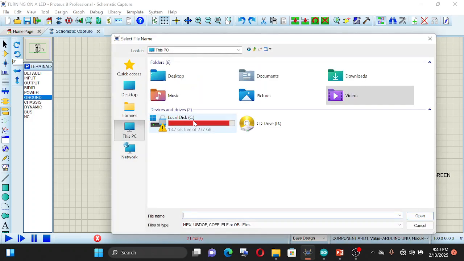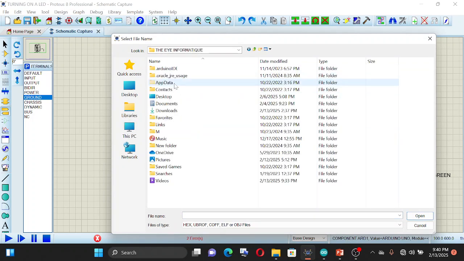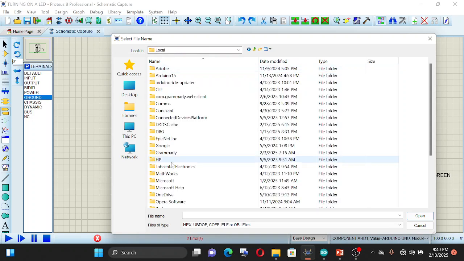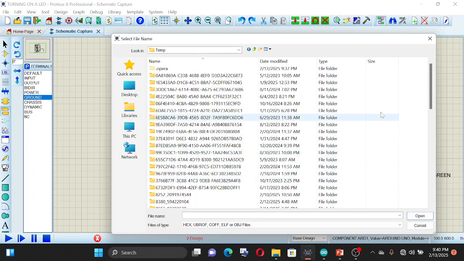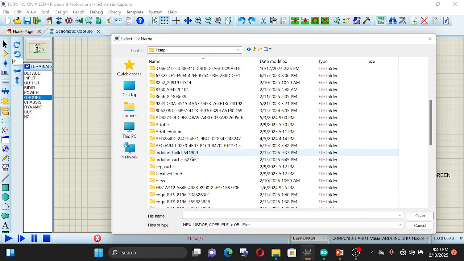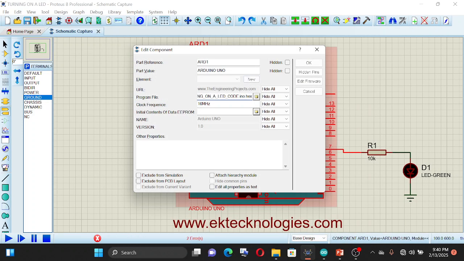Go to the root directory: C, Users, the I, AppData, Local, Temp, Arduino build, 64190. Then this is the hex file. I double click on it, and it has been loaded. So in either way, you can load the hex file.